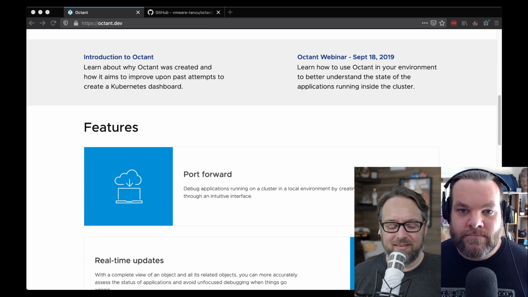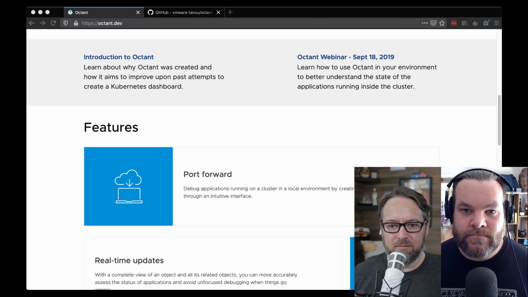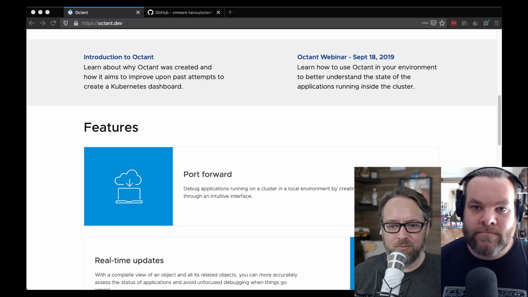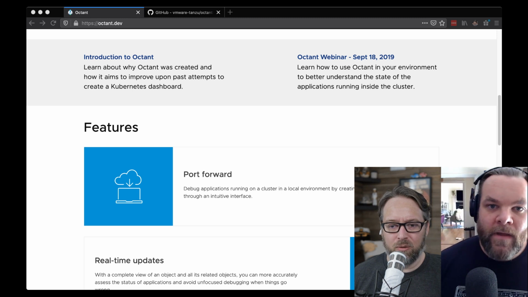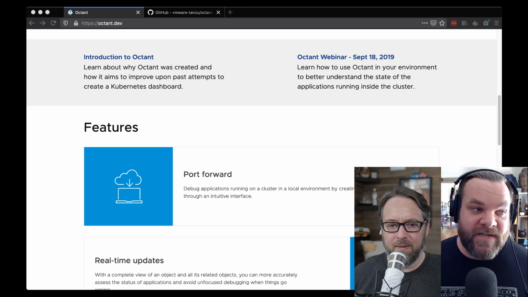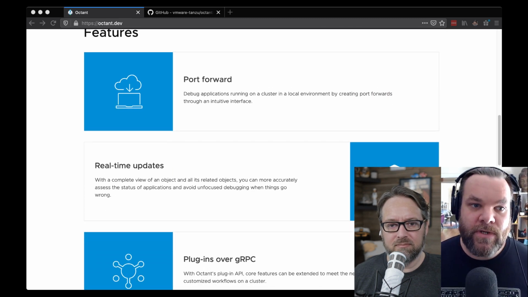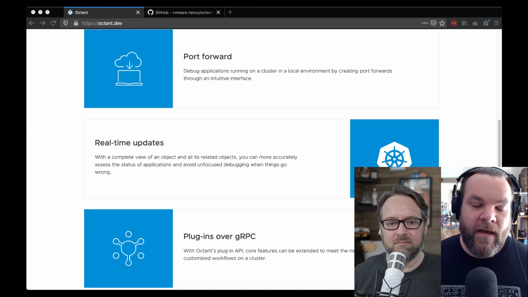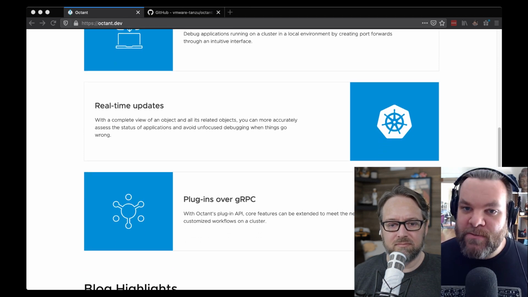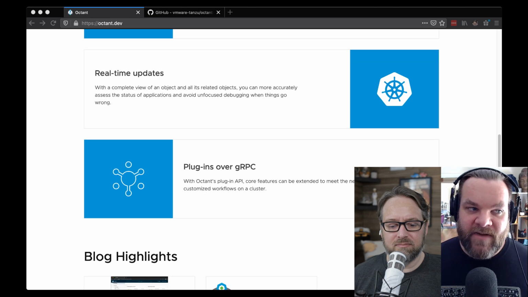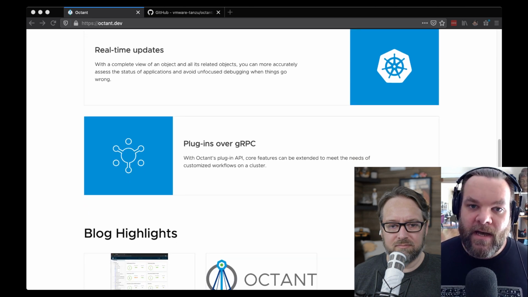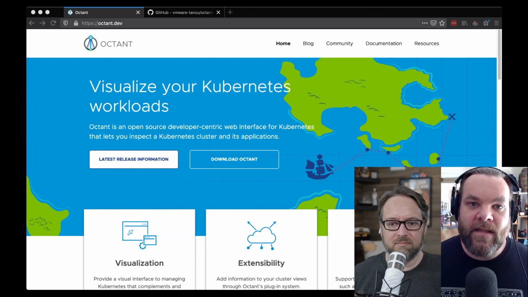So what I'm hearing is this isn't really meant to be your production dashboard for your clusters in the cloud or something like that. This is more of a dev tool, maybe, or is it able to do both? Right now it's very much focused to be a dev tool. There are operators who do use it as a way to view things. The way its current permission model works, it's kind of an all or nothing model. So it uses a local